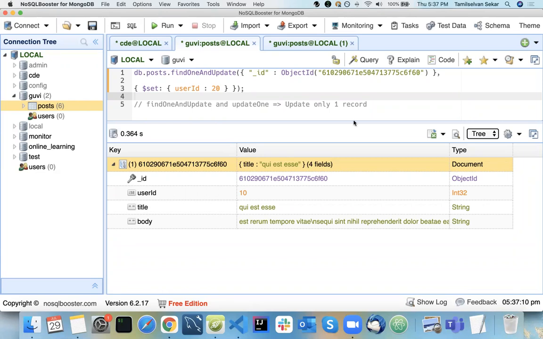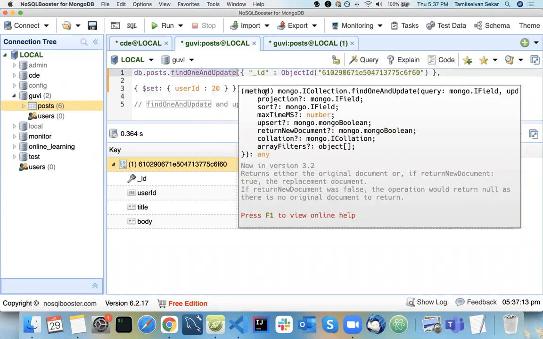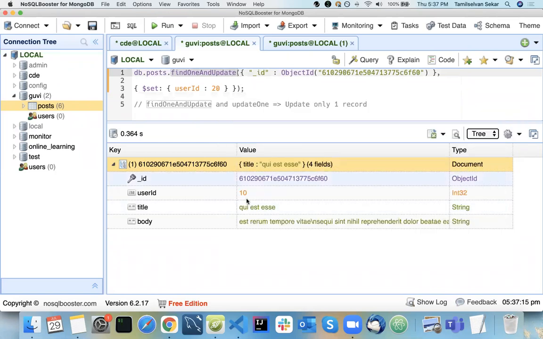Actually, what happens here is find one and update will retrieve your updated data, so it will not retrieve the old data. See, still it has the old data, but it should retrieve the updated data. So what is happening here?